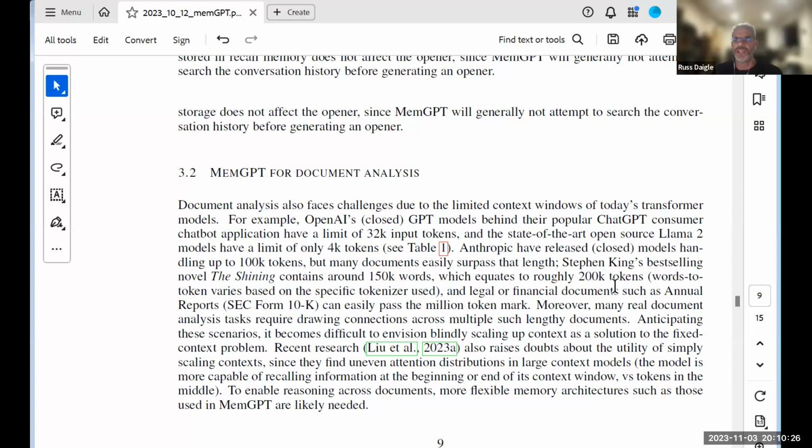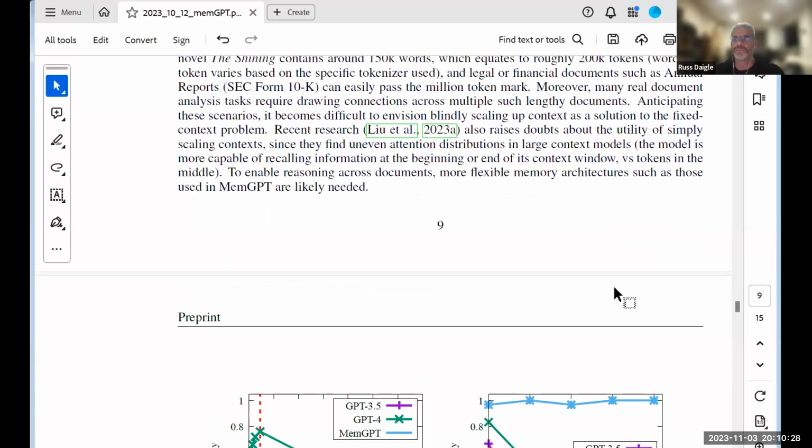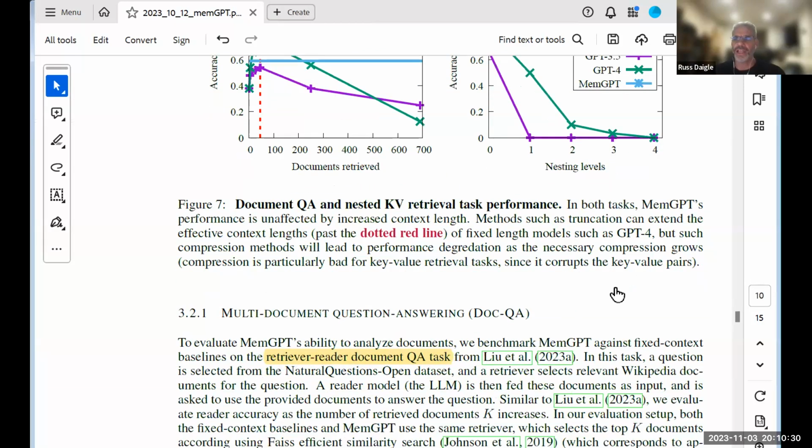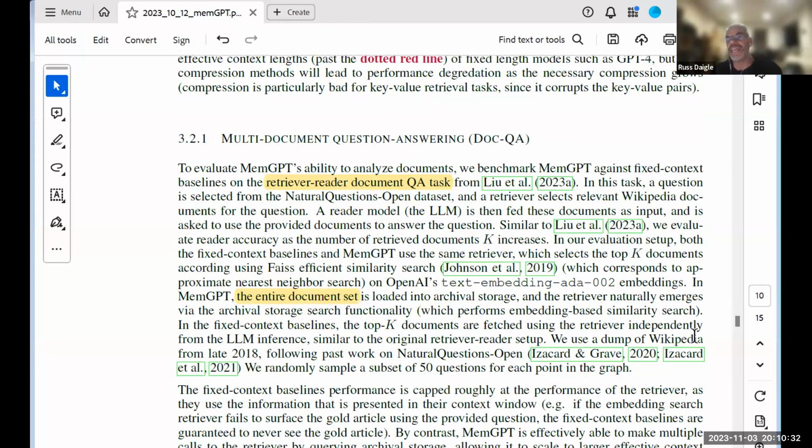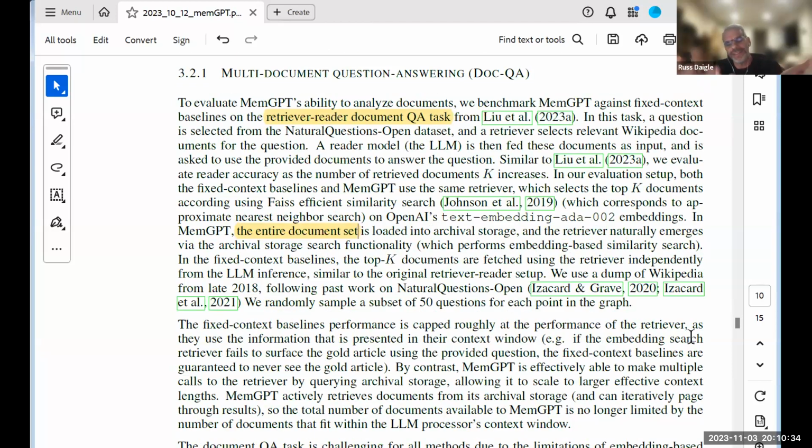Since they're not limited to the context length, they can send multiple messages to the LLM. Of course, any agent can do that, but they did it for us, so you don't have to write your own. What they say is that they're doing the OS themselves. They're paging the memory in and out. So it's not to the LLM, it's to themselves. They figure out what memory to retrieve. Maybe they do reasoning themselves and then send something back.